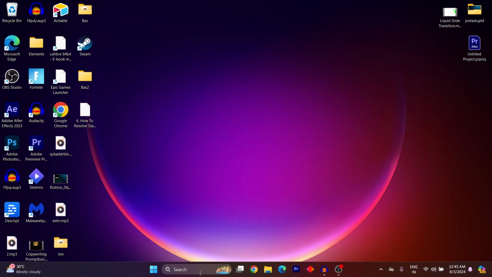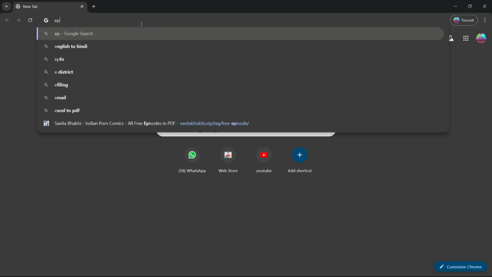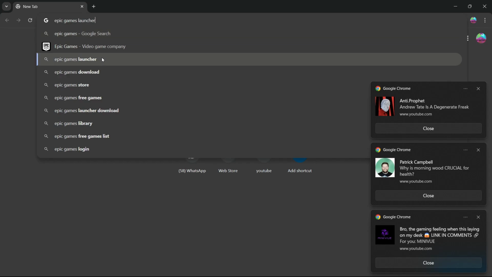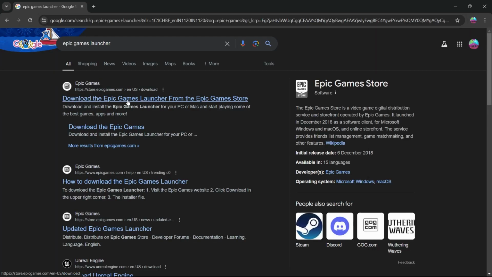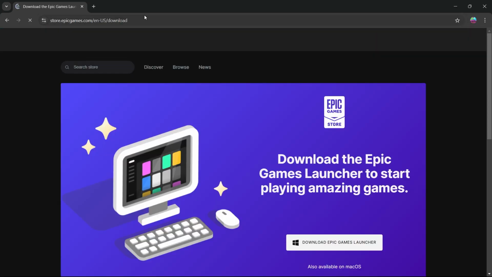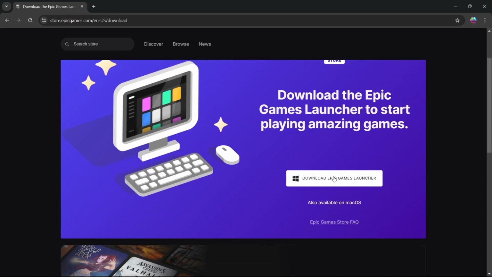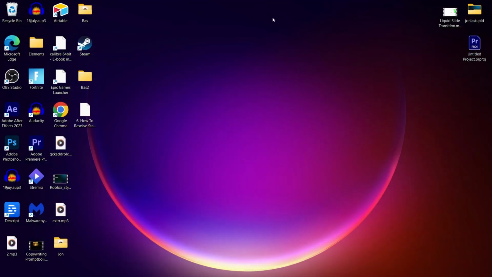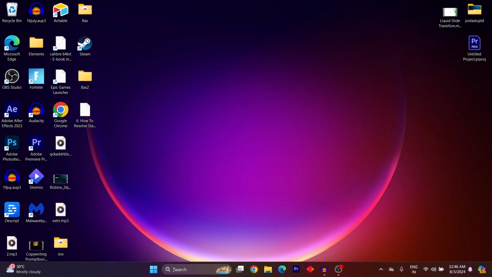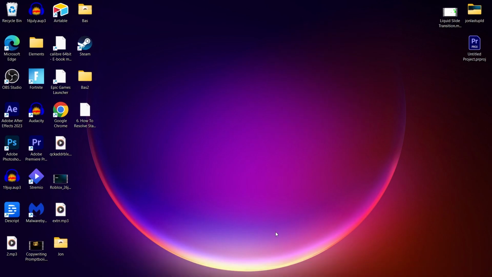from Epic Games. Now what you'll have to do is simply navigate to any browser, go to the search bar, type in Epic Games Launcher. Now click on download the Epic Games Launcher from Epic Games Store, and you can download the Epic Games Launcher from here. After that, install the launcher, open the launcher again, log in using user credentials, and your problem will